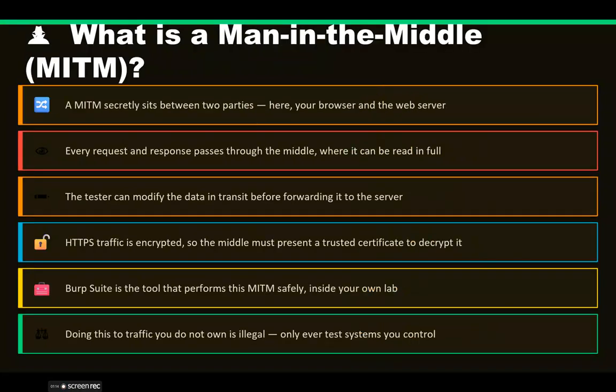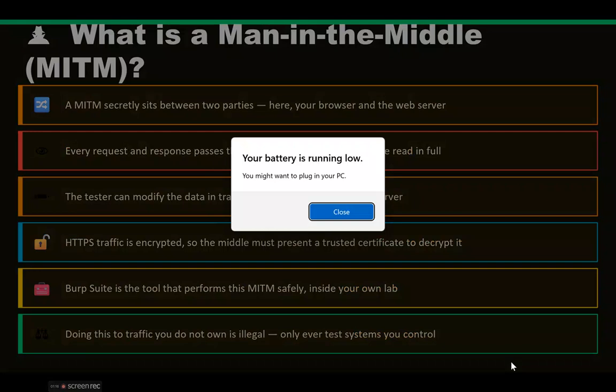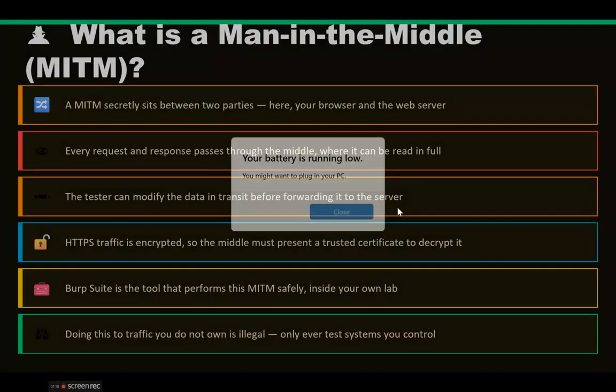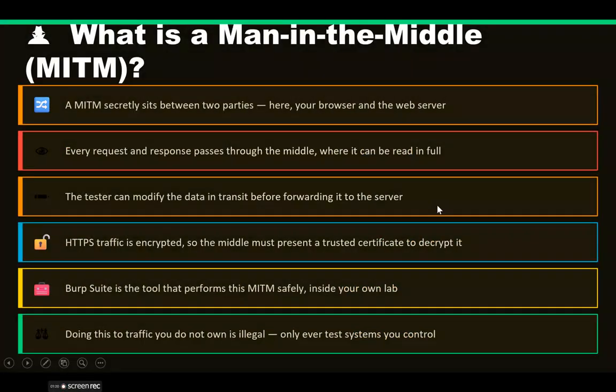The key phrase in our title is man in the middle. So let's be clear on what that means. A man in the middle secretly sits between two parties. Here, your browser and the web server. Every request and response passes through that middle point, where it can be read in full and even modified before it's forwarded on.